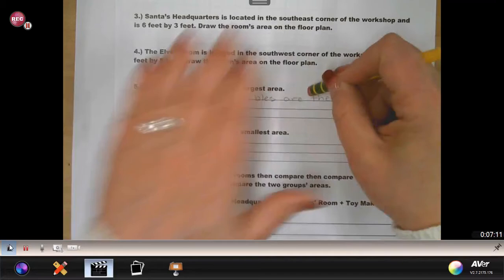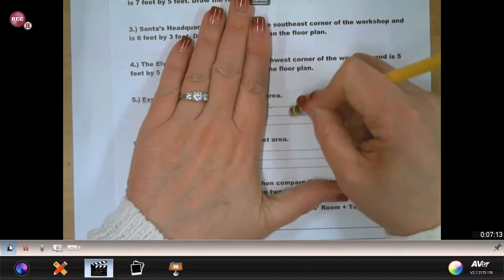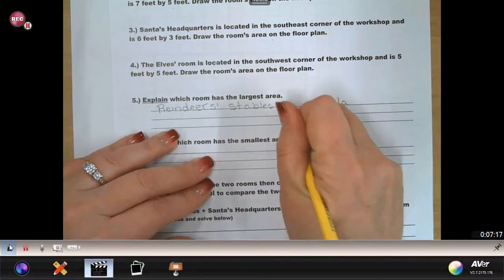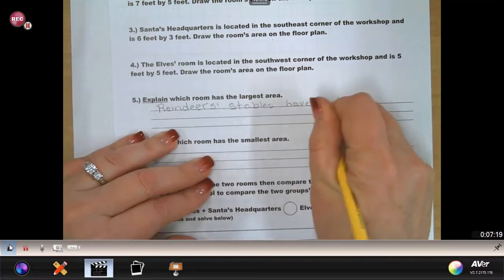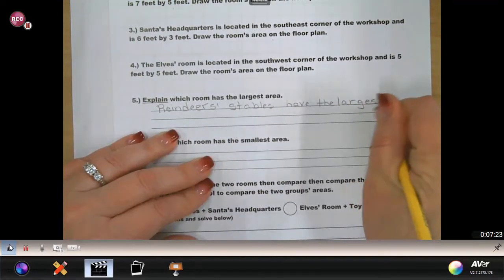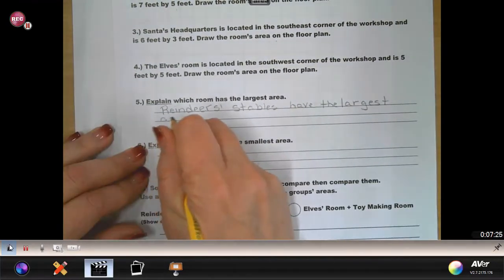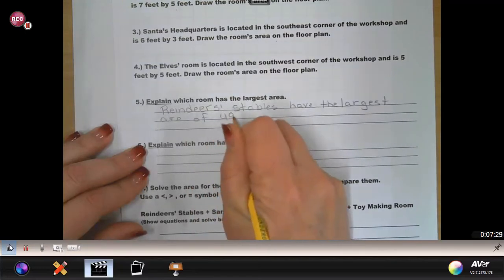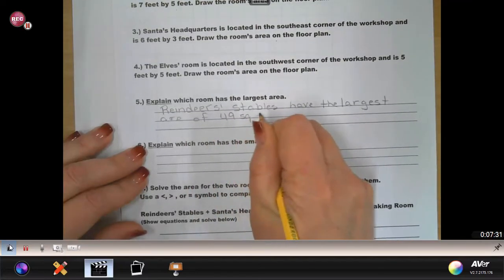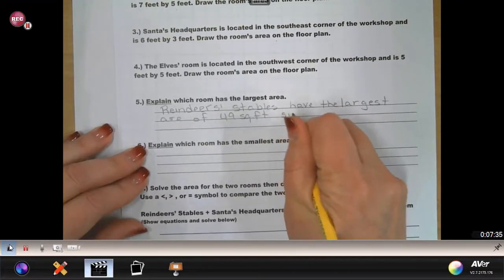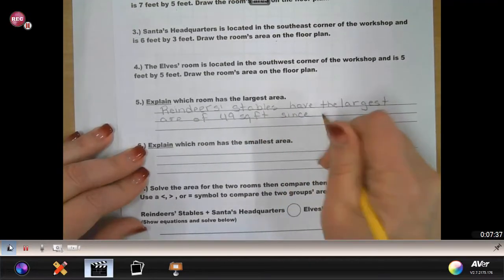Or have, let's say have. Instead of are, let's say have. Have the largest area of 49 square feet, since they have